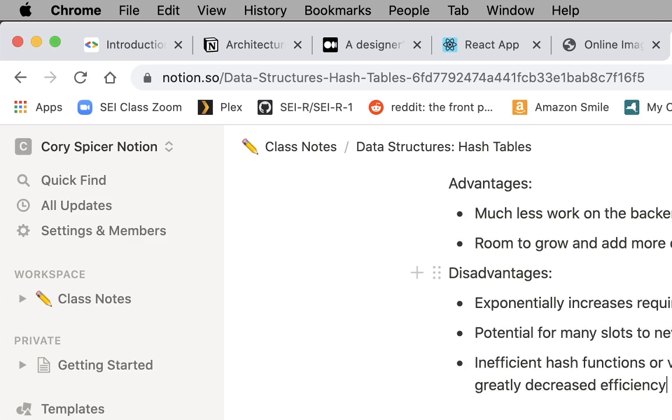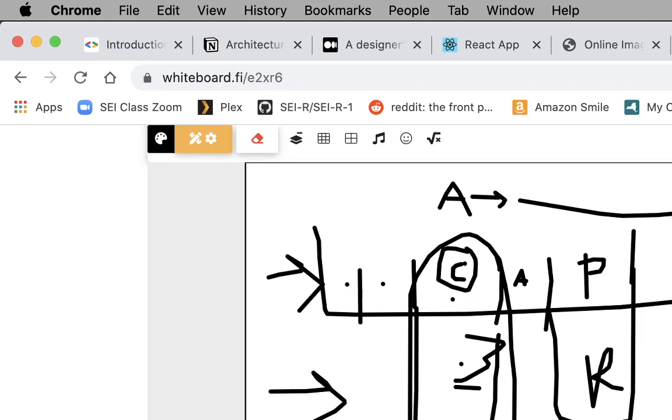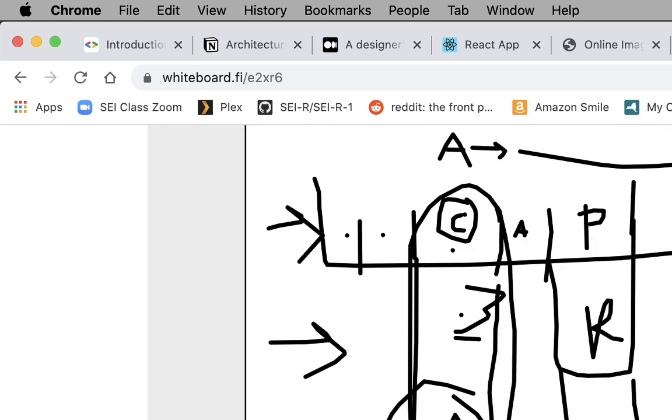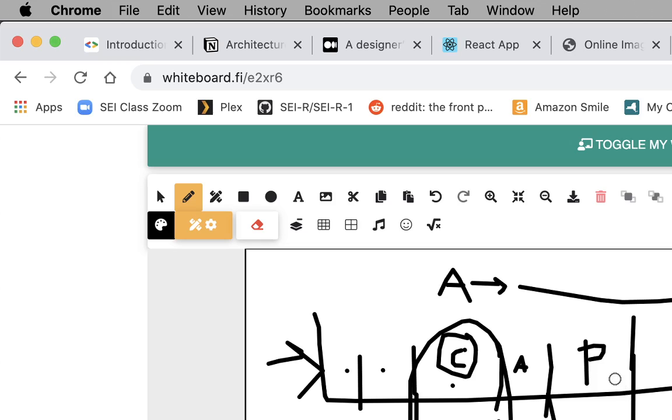Or very large amounts of data can create very long chains, which greatly decreases efficiency. So while it is nice on the back end that we can just say, oh, we don't have to iterate through our loop, we just pop on down, there's a world where you're going down 3, 4, or 5 layers. At which point, are you really being more efficient when you're running your hash function to find out where